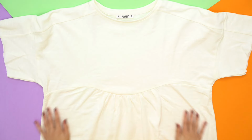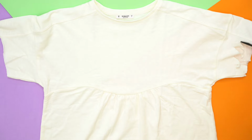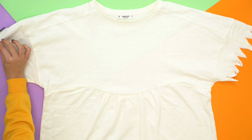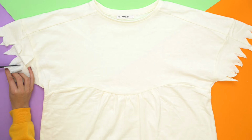Now for the last DIY, we're creating a zombie bride costume. So I'm just taking this old baby doll dress that I have laying around in my cupboard, and again what I'm doing is I'm just cutting the triangle kind of frayed effect to the sleeves. I feel like doing this tiny step just transforms any piece of clothing to make it look a little bit